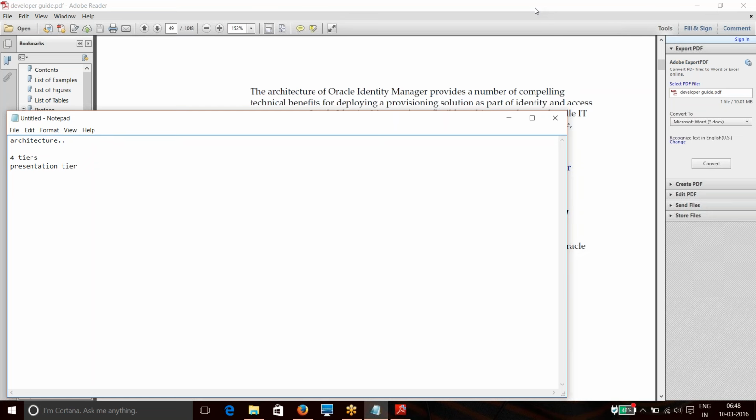It consists of all the screens within OIM where the user can interact with the product. It normally contains three screens. What are those three screens? The design console.